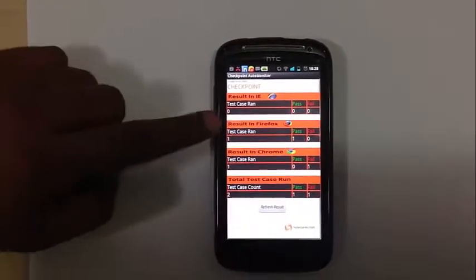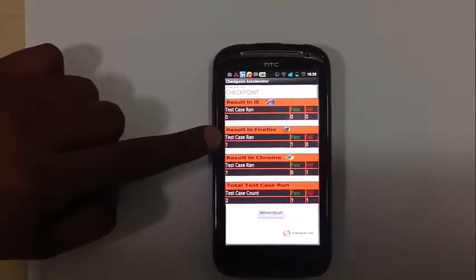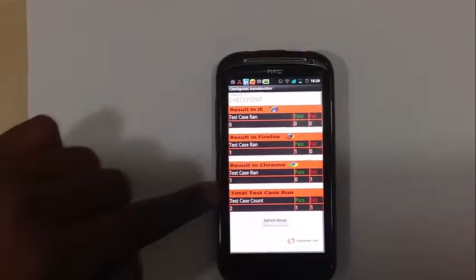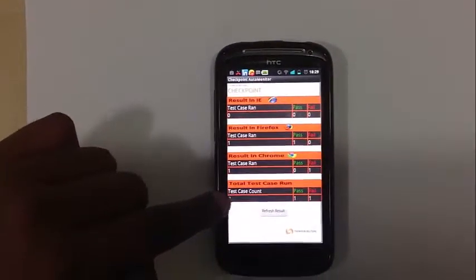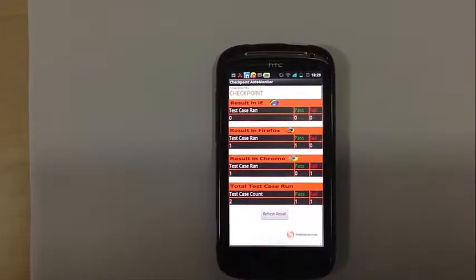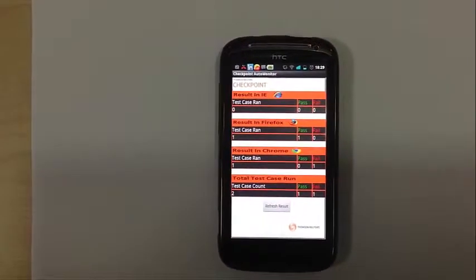In the demo we have run one test case in Firefox, and it is showing the result as pass, and one test case in Chrome, and the total test cases run is 2, and the corresponding pass and fail counts are shown in the result screen of the mobile application.